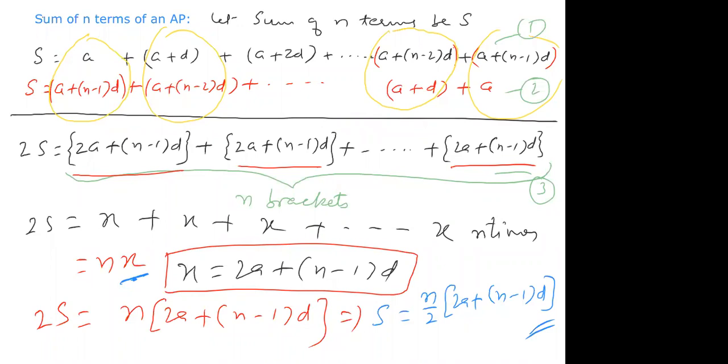So on the next page, I'm writing this formula again: the sum of n terms. This formula everybody must remember. The derivation may be asked in your board exams in your class. So the sum of n terms of an AP, sometimes we write as Sn. This gives the sum of n terms of AP is equal to